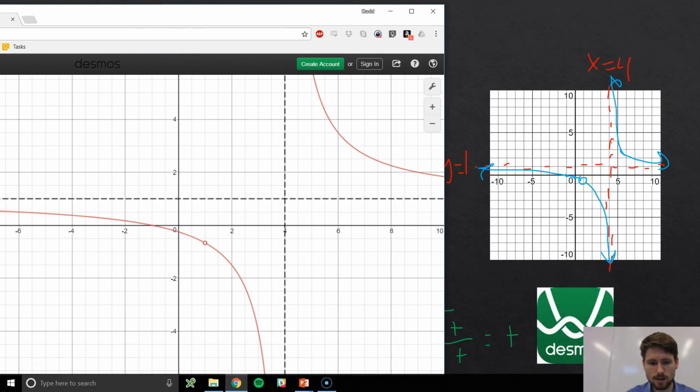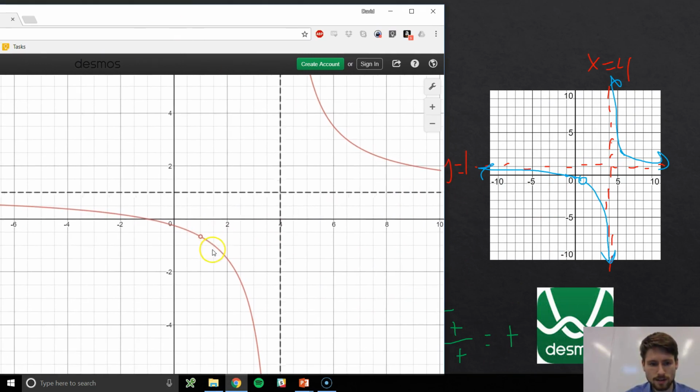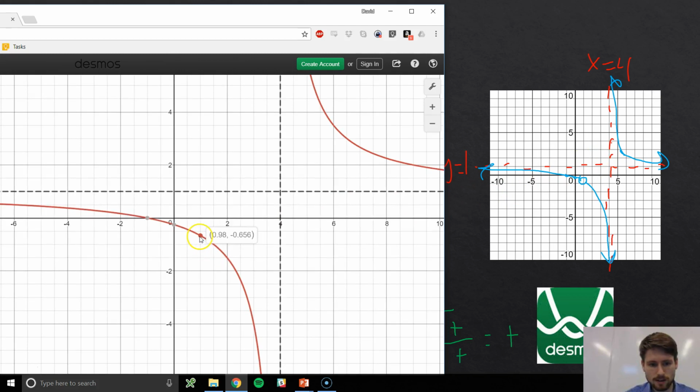Not bad at all. Okay, so we've got that hole, like I was saying, at 1, and it's undefined. It's about negative 2/3. That's what we said earlier. And then that y-intercept was at negative 1/4, and the x-intercept was at negative 1, so we've got those plotted